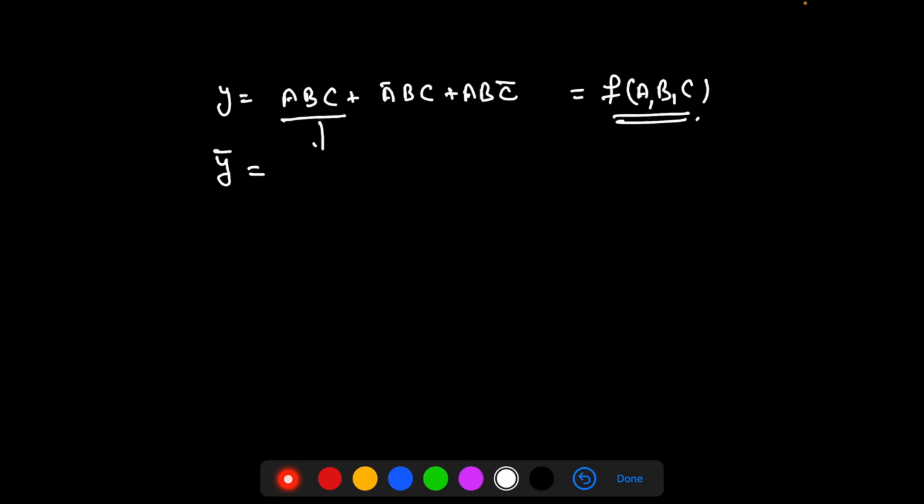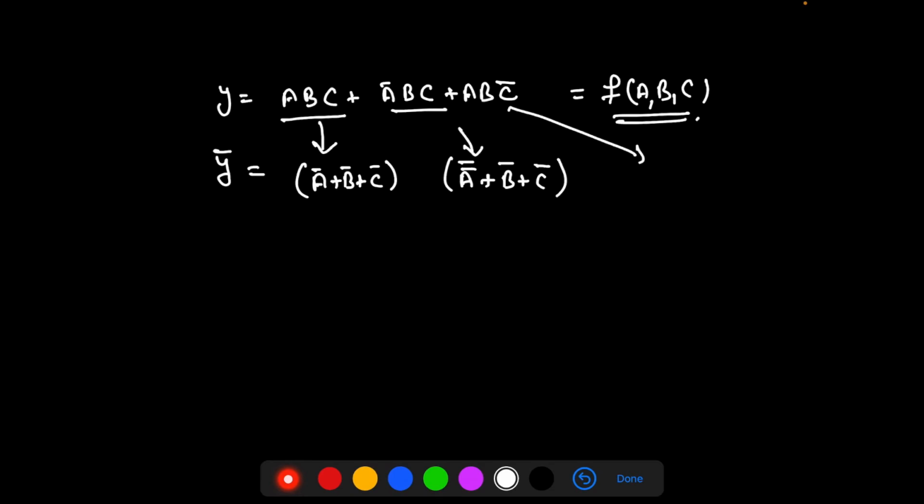Means this we convert into a plus b plus c and complement of each, and this into a plus b plus c and complement of each, and a plus b plus c.